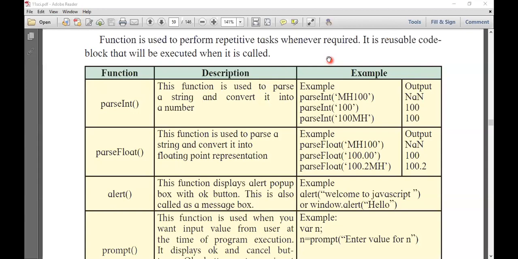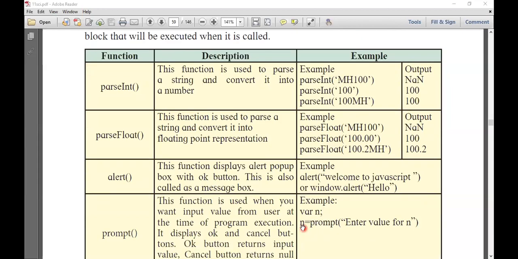See, here an example is given. In this example, n is equal to prompt, and in brackets, in double inverted commas, it is given "enter value for n". Whatever we have enclosed in double inverted commas will display on a dialog box as a message.